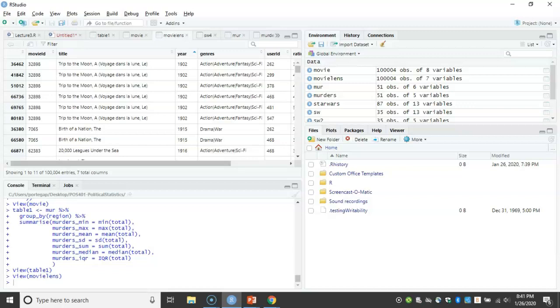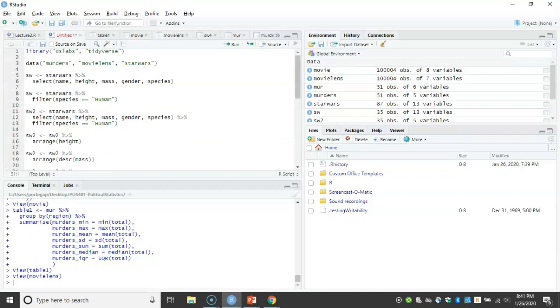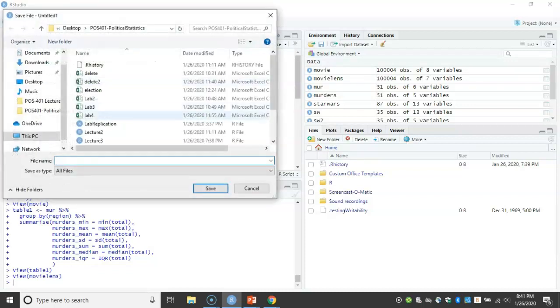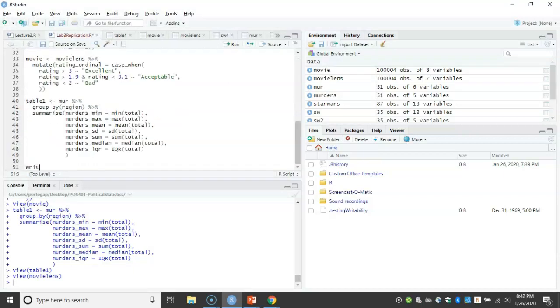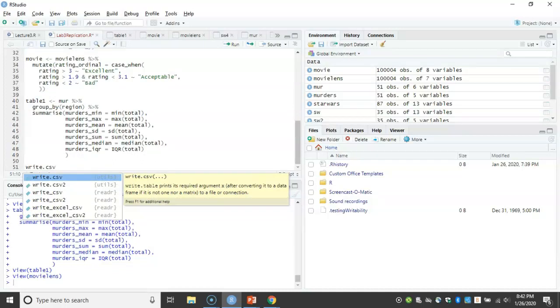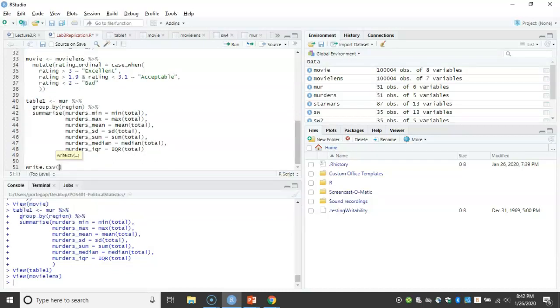As usual, I need you to submit the R file of all the process from library. For instance, in this case, I would save this one called lab3 replication, whatever. And I'm gonna submit from the beginning, from the use of library to, in this case, you need to use also write CSV, and the products. So I want you to submit the R file, and I want you to submit the table of the descriptive statistics and the final version of the dataset,